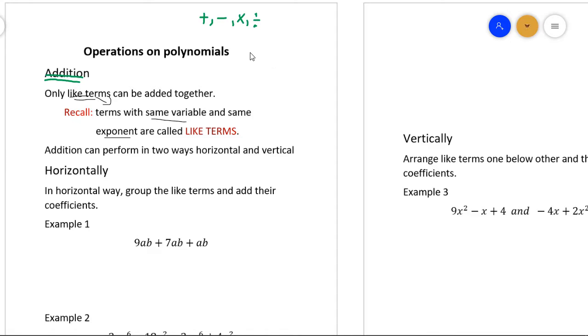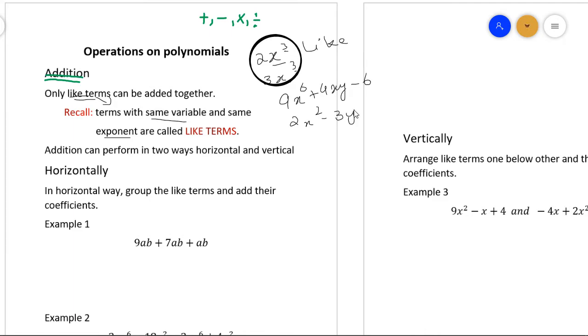For example, take two different terms, 2x cube and 3x cube. What is the same in these two terms? The variable and their exponent. So we can say that both of these are like each other. Take another example. Let's say we have two different polynomials, 9x raised to power 6 plus 4xy minus 6,